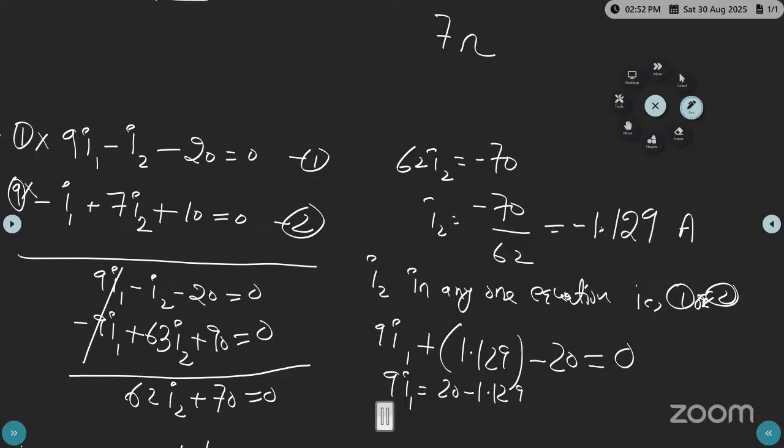Or I1 is equal to 20 minus 1.129 by 9. So this is the value of I1. How much is this one? 20 minus 1.129 by 9. How much? 2.093